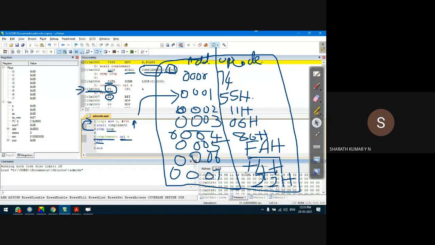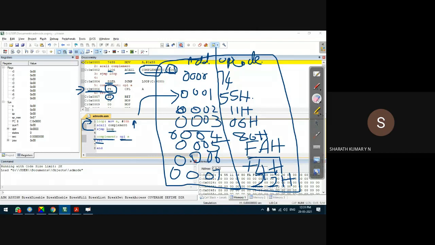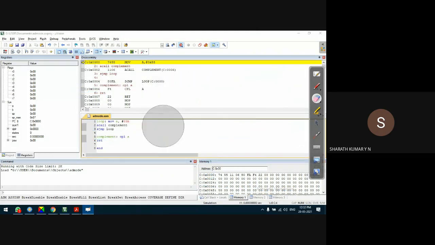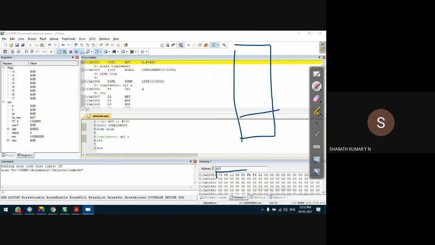C:0x00 starting from 00. Okay, and in this address, let me erase these things for the time being. So you can observe in this location whatever we had written now, that is the operational code, is stored starting from the address 0000 up to the last address, which represents the return instruction. Okay, that's how it is.